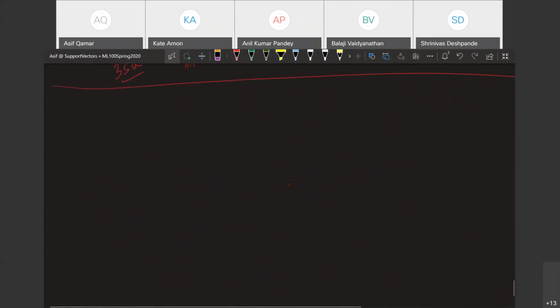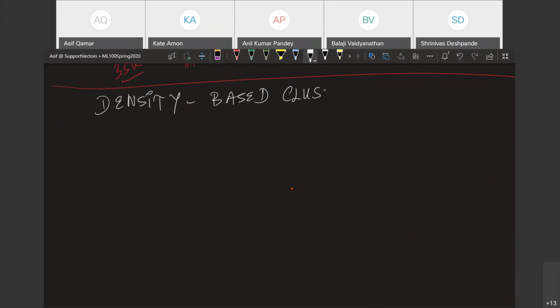Today, I'm going to teach you a completely different kind of clustering called density-based clustering. So what do we do in density-based clustering? Density-based clustering takes the same analogy, which is that if you have points in a cluster, think of all of these points. Let me take bigger size points to illustrate this.